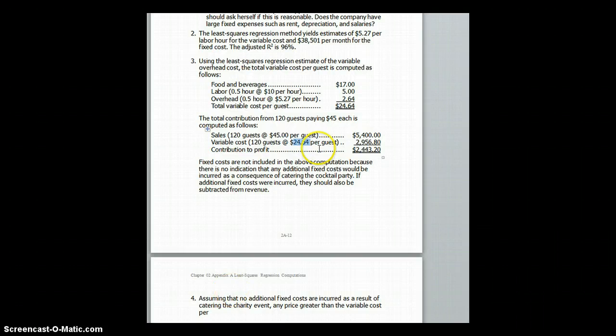In other words, they would have no profit. If she charged $24.64 and had variable cost of $24.64, she would have zero profit. And that's all based on the fact that there are no additional fixed costs incurred as a result of catering this charity event. So any price greater than $24.64 is going to derive some profit and add to the overall